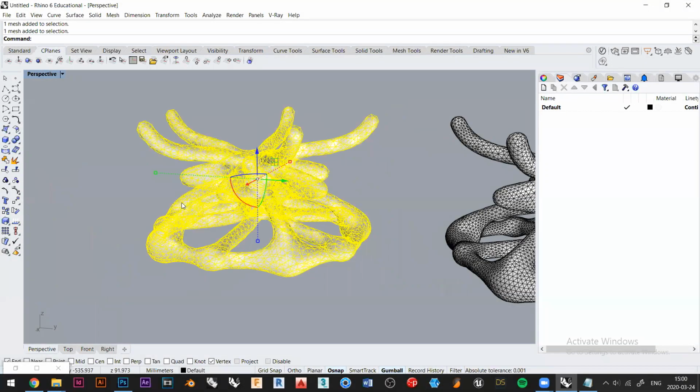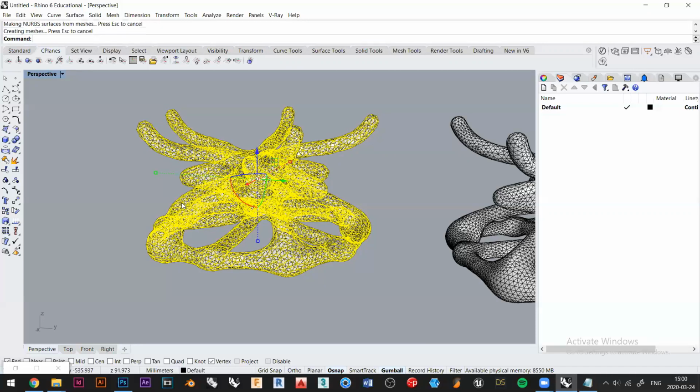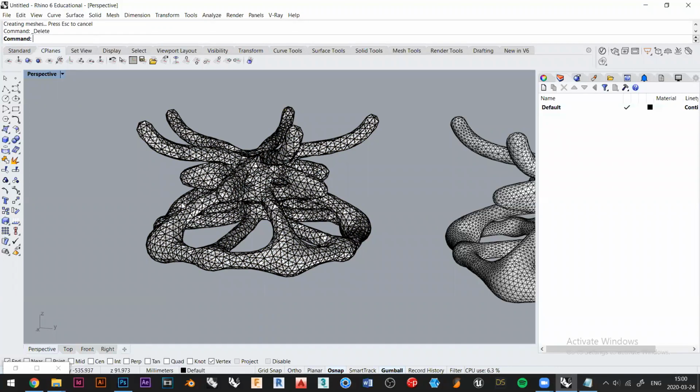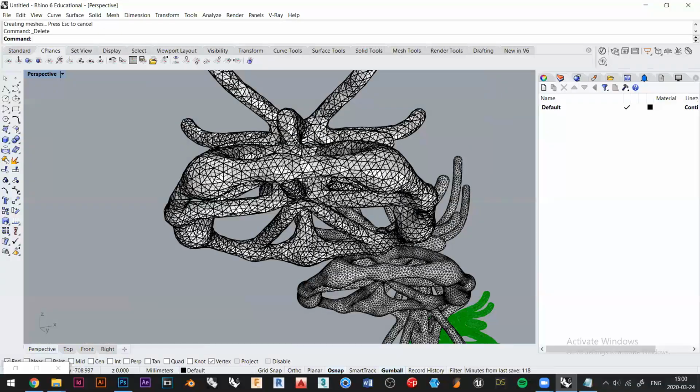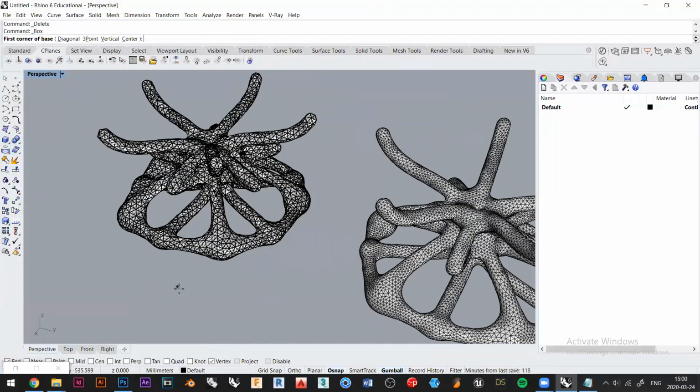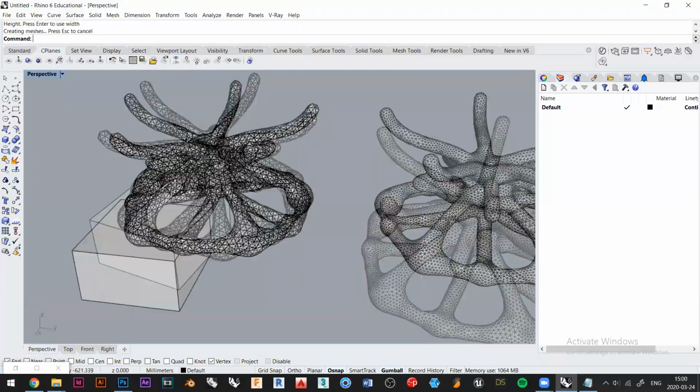And if I just select it and type in mesh to NURB, and I'm doing that in Rhino, and I hit enter, and I wait, and I wait, and I wait a little bit more. Yep, there we go. And then I just delete the mesh. So now this guy right here is a NURBS polysurface, which means I can use all of the